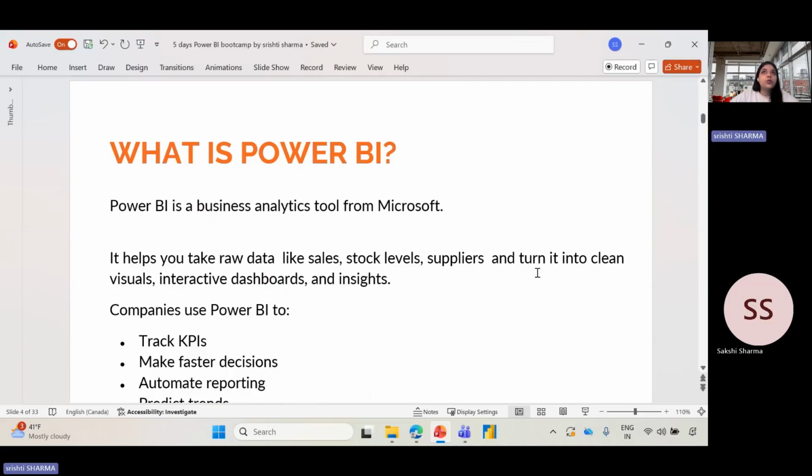And why do companies use Power BI? Now, the most common question asked is, why Power BI? Excel is already there doing the same job. So what's extra that Power BI brings to us? Mainly, the first thing is that